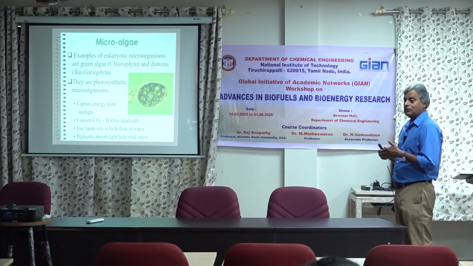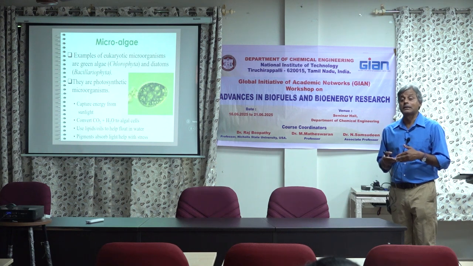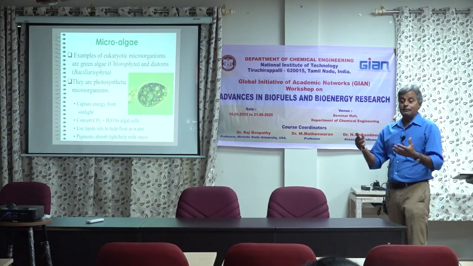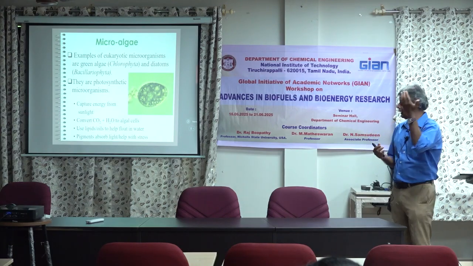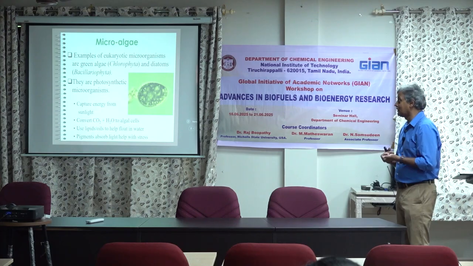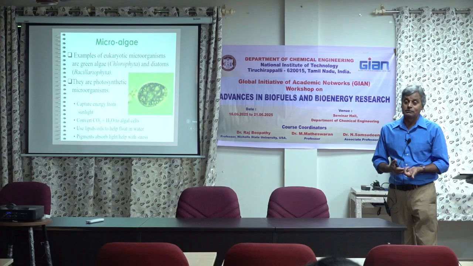This algae also, when you grow it in certain conditions, can accumulate lipids, like I talked about the other day, under nitrogen limiting conditions. When they make a lot of lipids, they float. They use the lipid oil to help float in the water. That's another purpose of it. It also produces a lot of pigment that could be used in